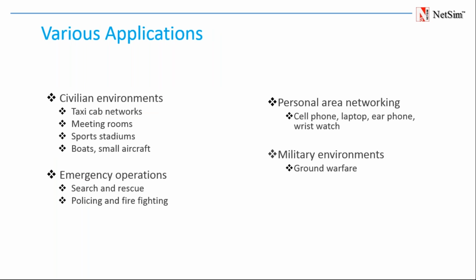And these are some applications of ad hoc network, where it is used in civilian environment, emergency operations, personal area networking, and military environments. In civilian environments, we can see it is used in taxi cab networks, in GPS, and in meeting rooms for conferencing, then in a sports stadium, and then in boats and small aircraft. Then in emergency operation for search and rescue,